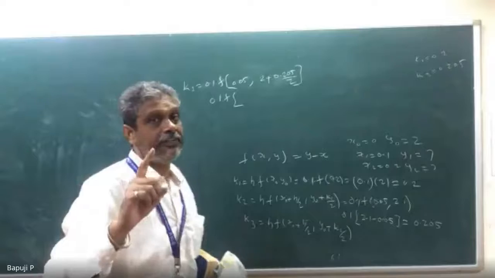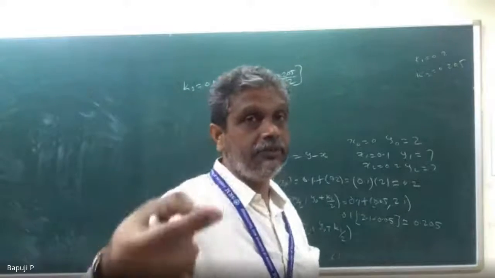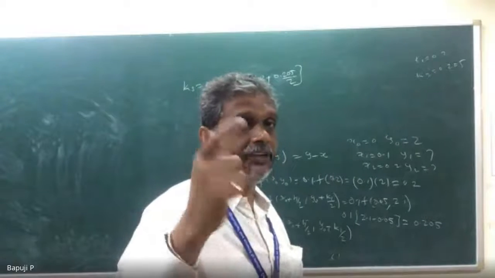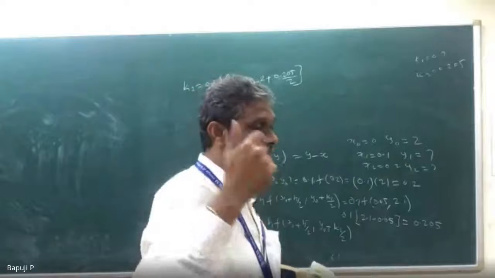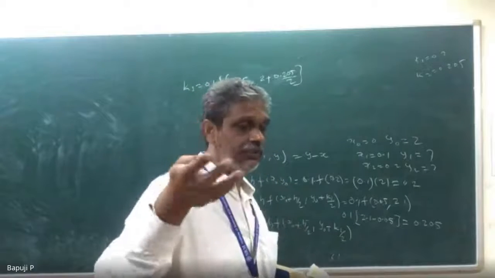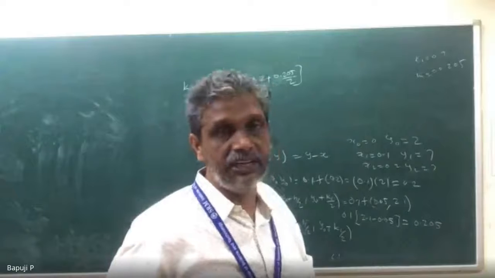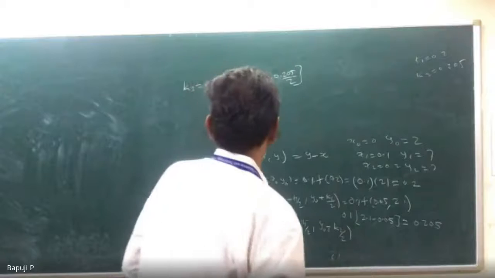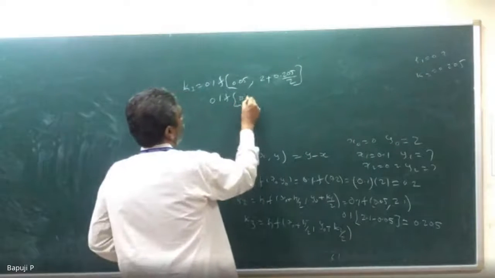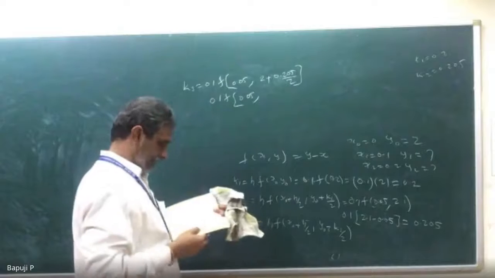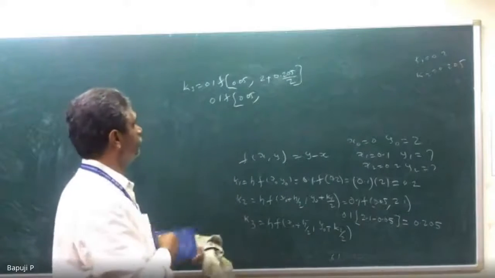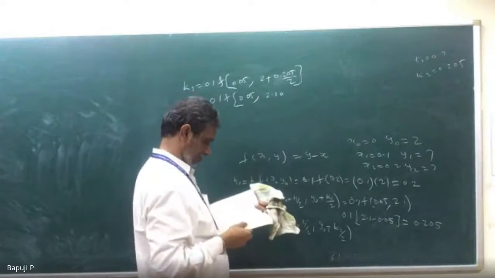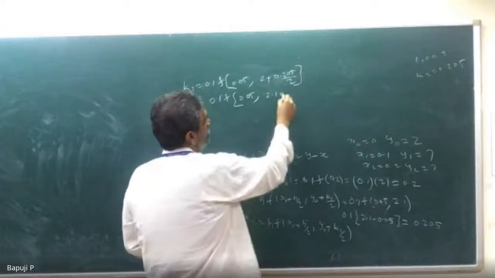Still I have not applied the function. Just f of 1 comma 2 means what? X value is equal to 1, y value is equal to 2. Just I am preparing f of x y. But in textbooks they will directly write x naught plus h by 2, y naught plus k by 2, and substitute y is equal to y naught. I don't want to do that. First I want to find f of something, then I will substitute it. So this value what you will get, tell me? 2.1025.